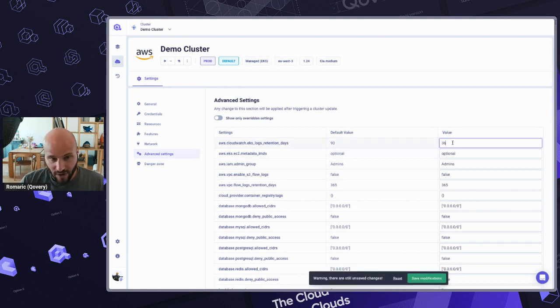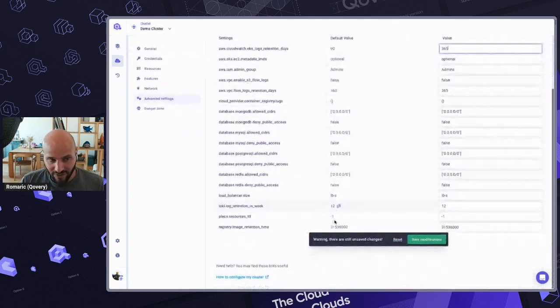So you can change the value just basically from 90 to 365, and then you will get all the configuration that will be generated and applied for that case. Because again, that's also something that I didn't mention, but state-of-the-art infrastructure is not only the cluster and the ability to run workloads, but it's all the things that are around. For the security, logs, monitoring purposes, everything is well set up,